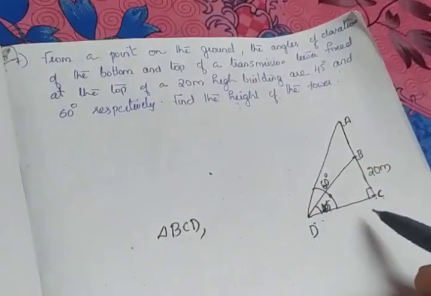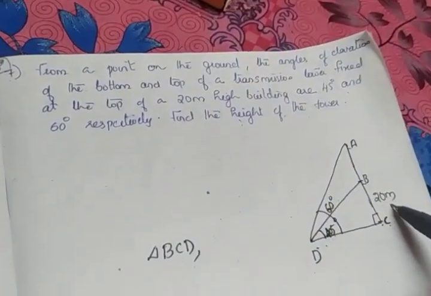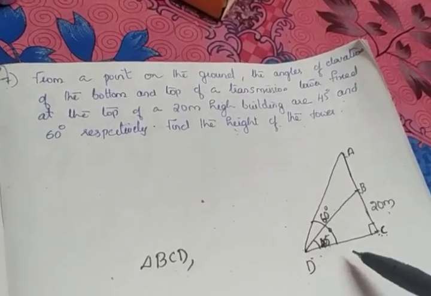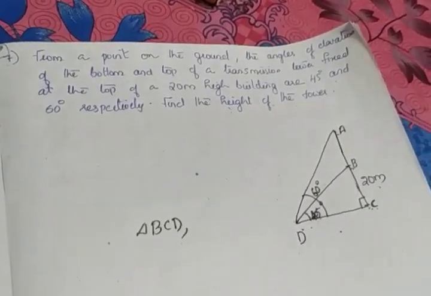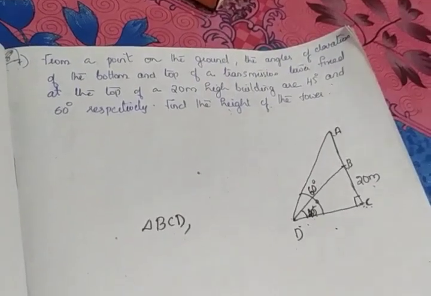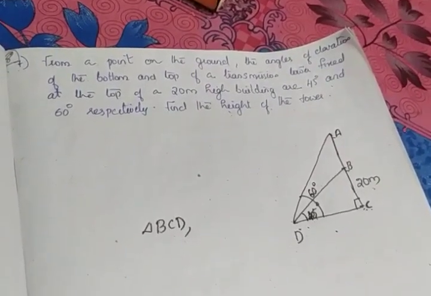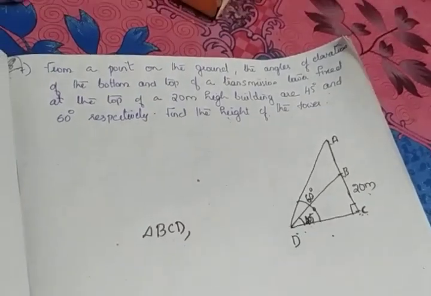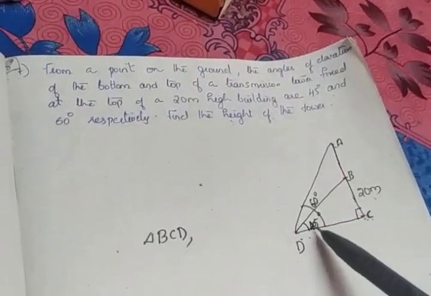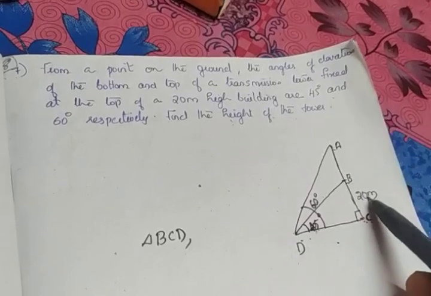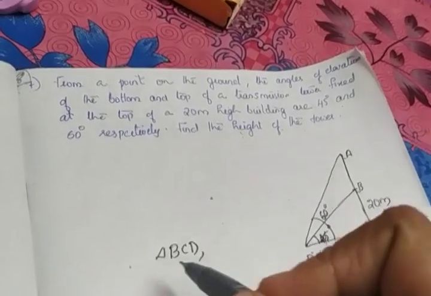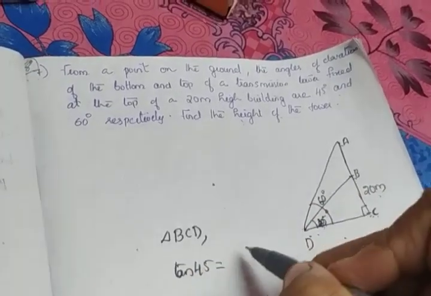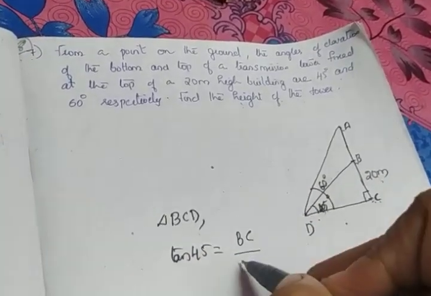From the triangle, which side do we know? 20 meters. BC is 20 meters. Again, don't connect with the hypotenuse. Take this side, DC. I told you in the beginning itself, usually if no idea is there which ratio we have to apply, we will be going with tan theta. Okay, so to connect 45 degrees and tan theta, we need the opposite side and the adjacent side. So I am taking tan 45. Tan 45 is equal to opposite side BC divided by adjacent side CD.